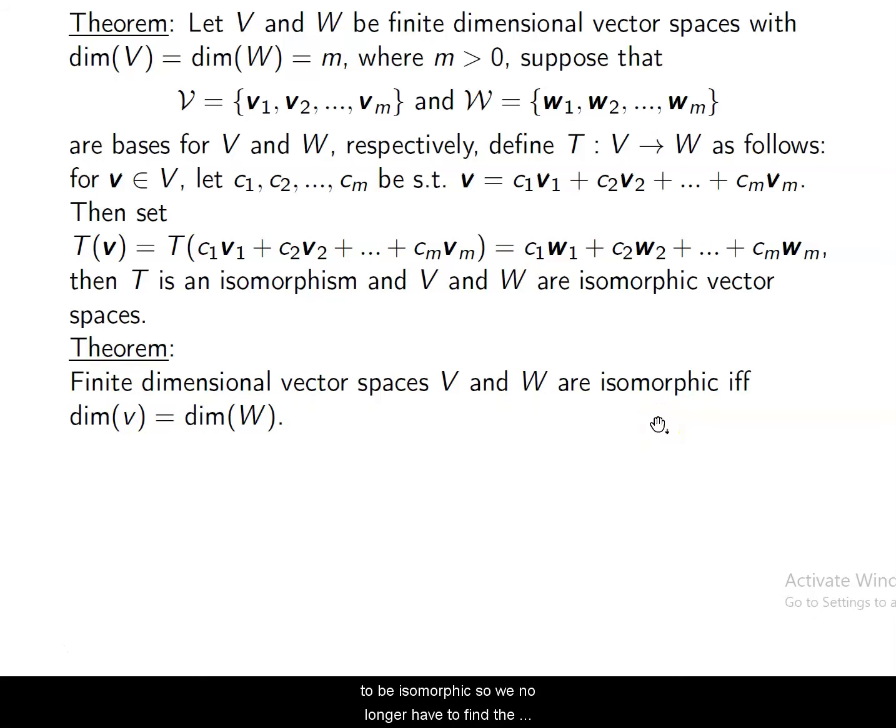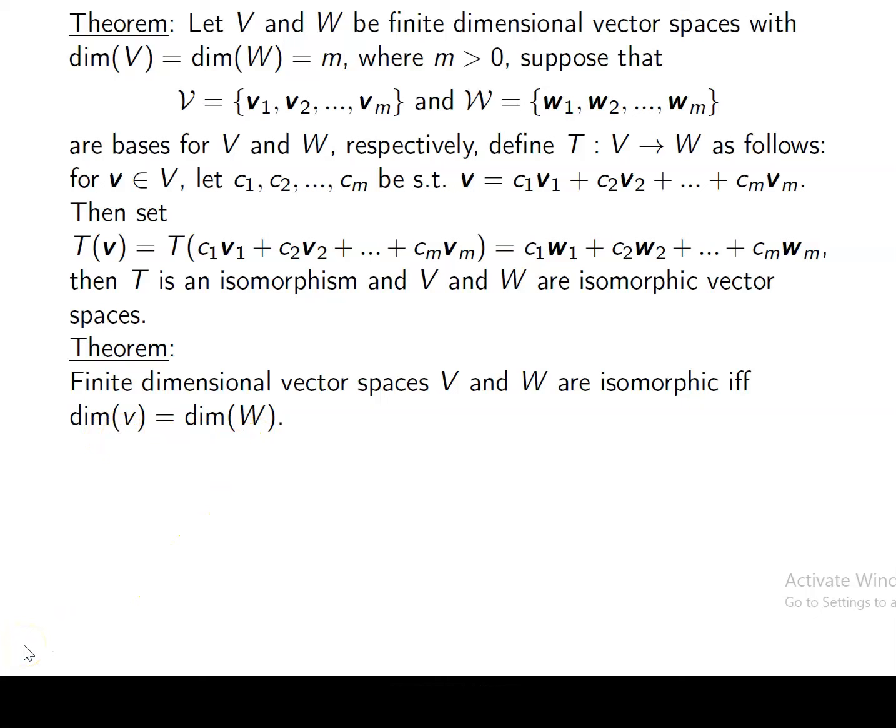So we no longer have to find a transformation between them that is onto and one-to-one unless we're specifically asked to do that, right? If we're now asked to show that two vector spaces are isomorphic to each other, all we have to do is form this relationship between